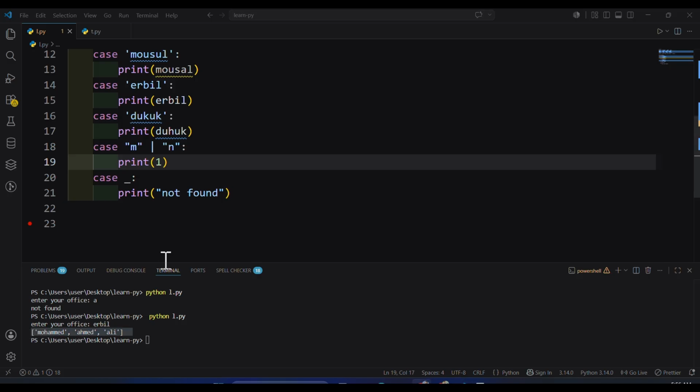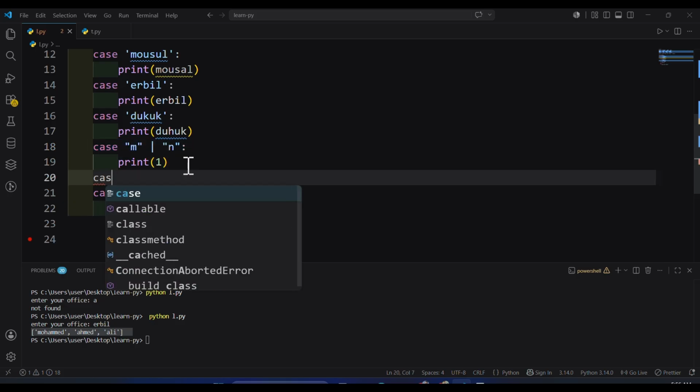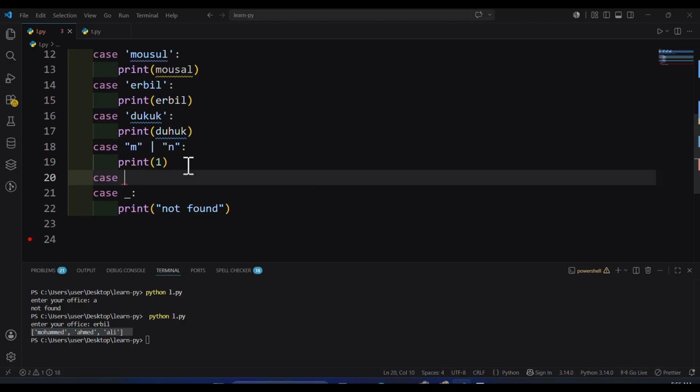So what's match? Use match like if condition. So case like elif and case underscore colon like else. Not use or. This is used like or, and you can use and. How to use and? Case